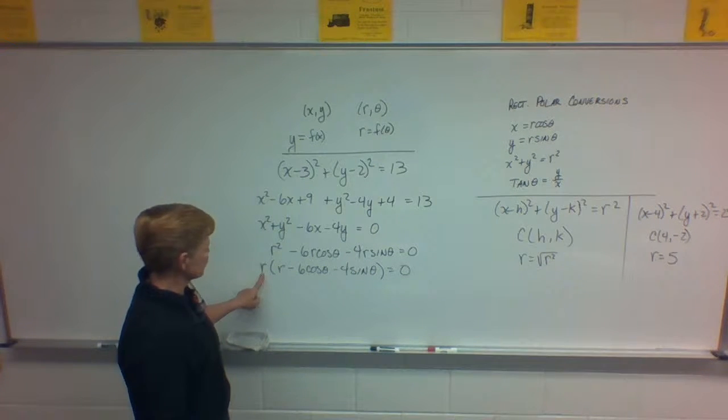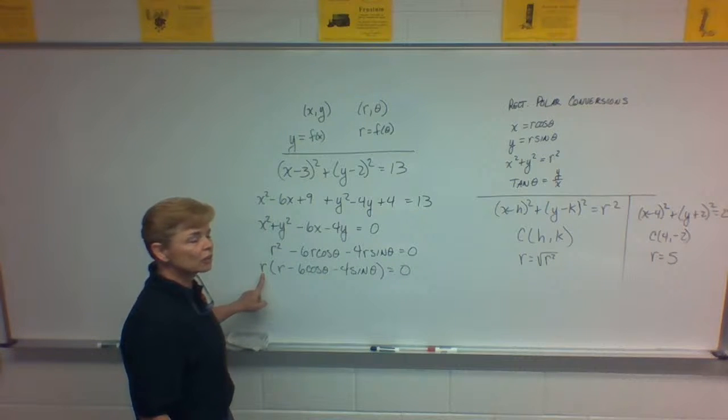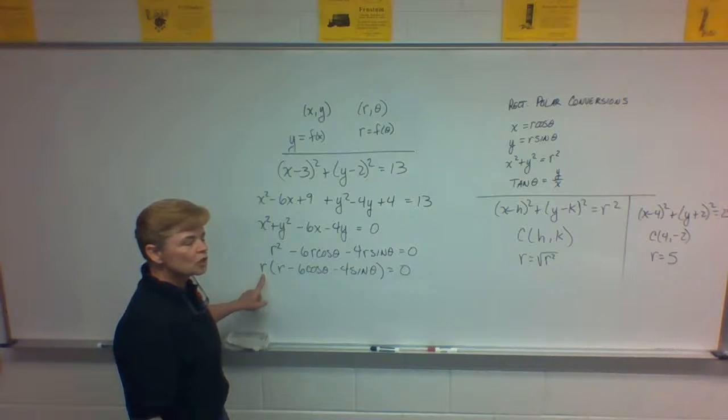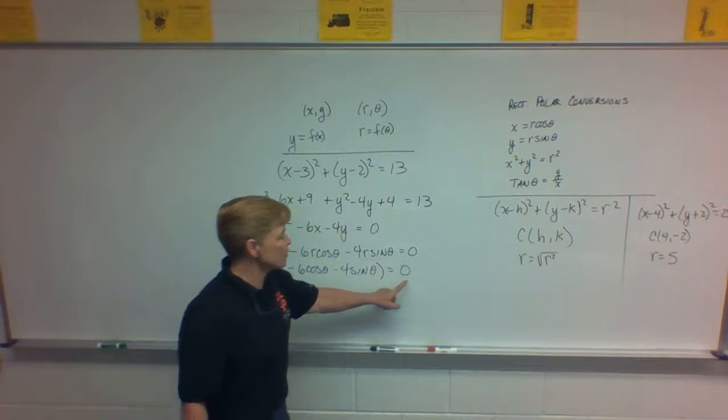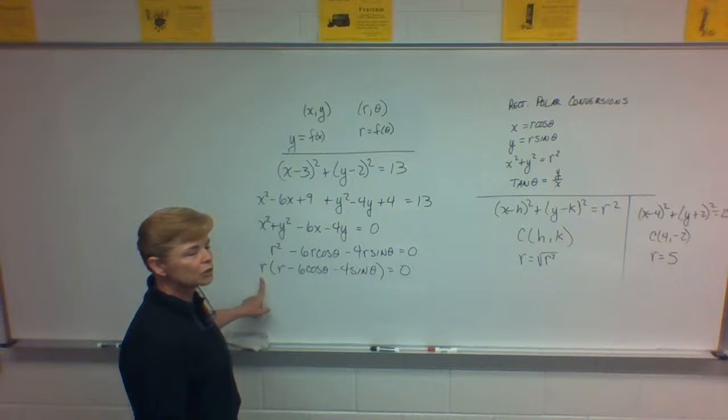If this is the one that's 0, then R is 0, right? And think about what R equals 0 is. That's nothing. It is a point at the origin. It's called a degenerate form. So, since R equals 0 is an option, but R equals 0 is just a point, we're going to not